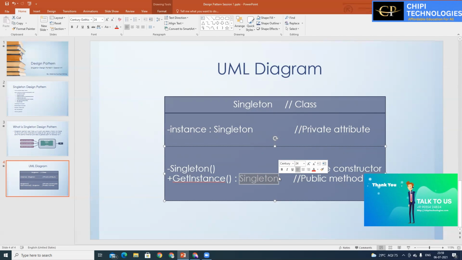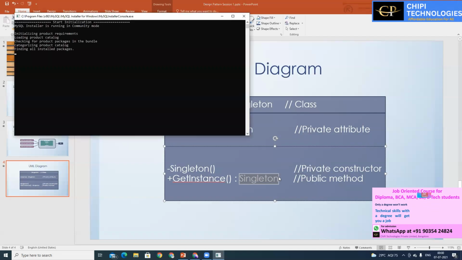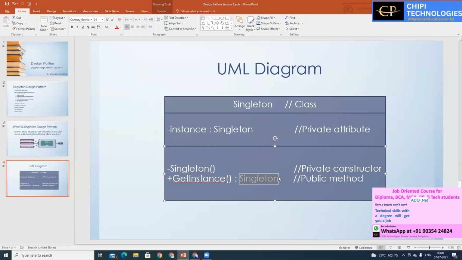Once you go through the complete series of videos about the Singleton design pattern, there will be a couple of videos that I will be uploading one by one. Once you complete all the videos, and if you are able to understand the Singleton design pattern, and you have the confidence that yes, you can go ahead and implement this design pattern in your project, in your work, or you are confident enough to face any kind of interview, and if somebody asks me a question about the Singleton design pattern, I feel that I can answer all these questions,